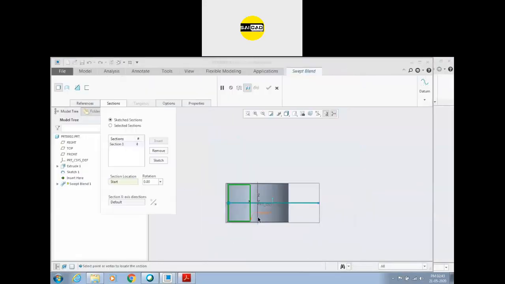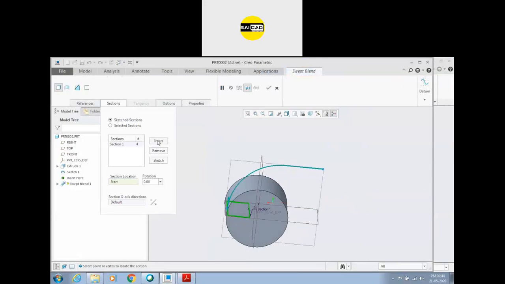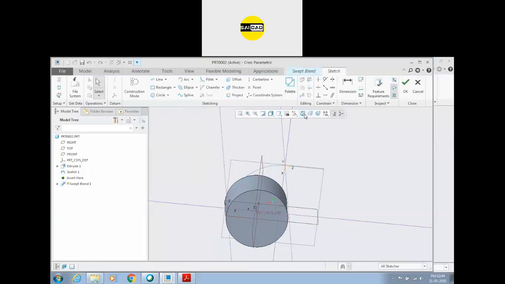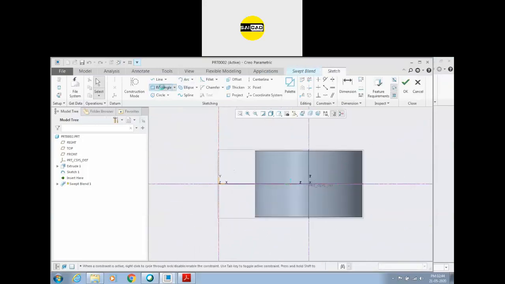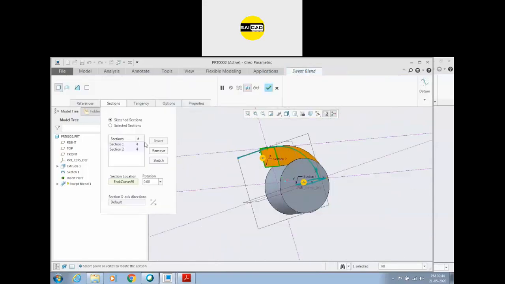Okay, click OK, and now insert, select the point. I don't want this to be at the end, I want this to be at a location, that is here. Go to the sketch, create the shape again, that should be 40 by 24. Click OK, and this is the shape.